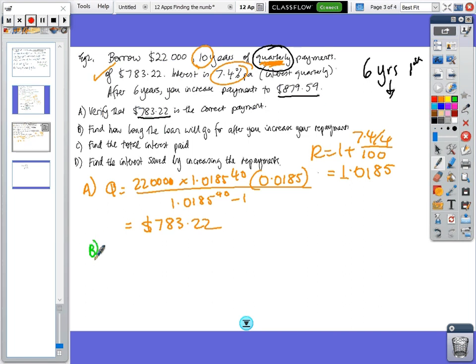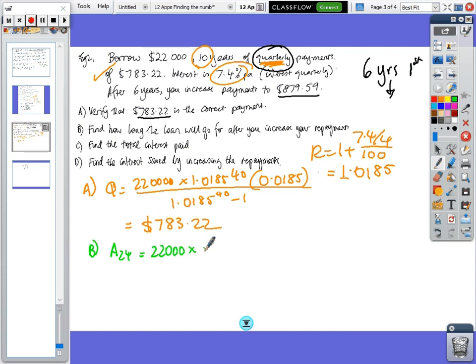Okay, so in part B, find how long the loan will go for after you increase your payments. What we have to do is work out how much money we still owe after 24 payments. So after 24 payments, how much money do you owe? So it's